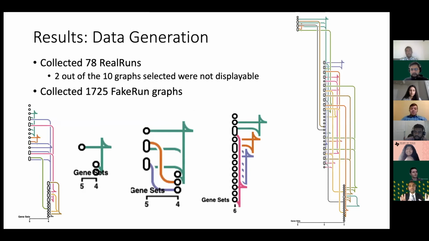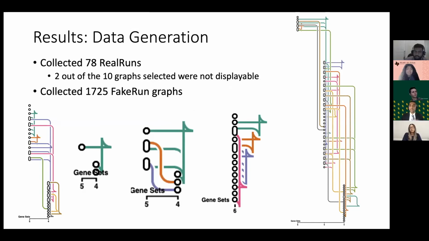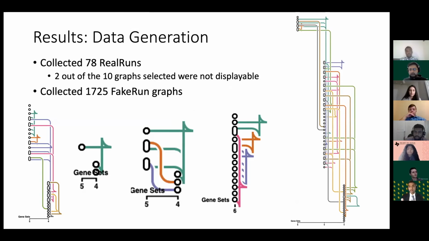Then for our data generation, we collected 78 real runs. As I alluded to earlier, not all the graphs worked when we ran the HiSim graph using randomly picked gene sets. This was because there might have been no overlap between the genes. So if you had a gene set for, let's say, alcoholism, and another for Behçet's disease, which is an autoimmune disease, the gene set overlap between those two is very small, if any. That's the reason why a lot of the trials we ran for these real runs ended up failing, and we were only able to collect 78.